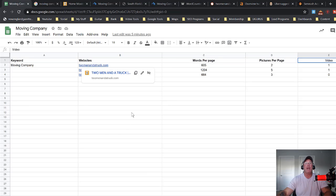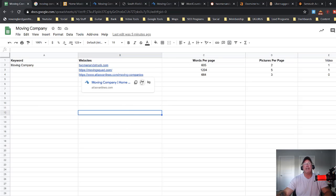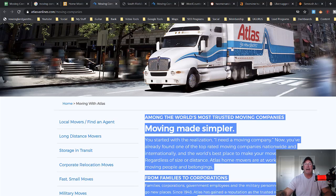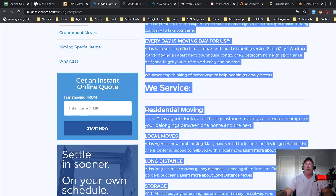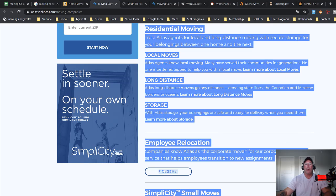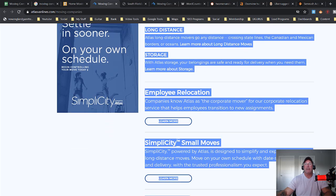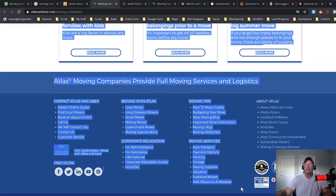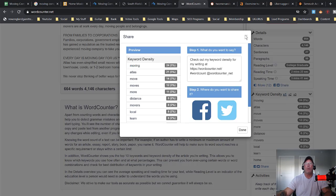No, I used Atlas Van Lines. All right. So let's use Atlas Van Lines. So for Atlas Van Lines, all I did was I copied all the content right here, just like this. See that? I copied all the content all the way down to the bottom, just like this, right? Copied everything, even the links on the bottom. All right, Control, copy. Then I went over to word counter,